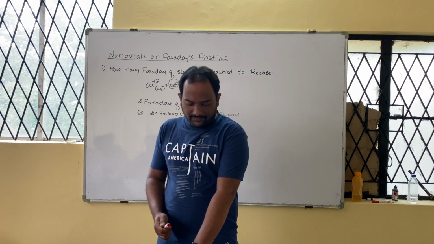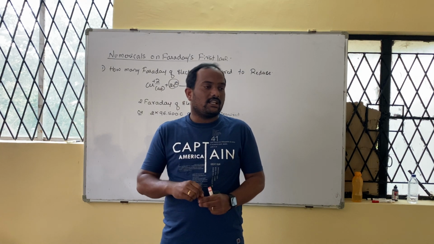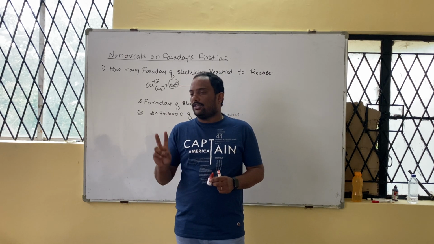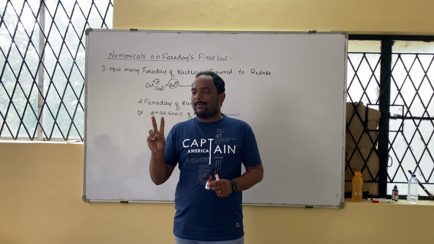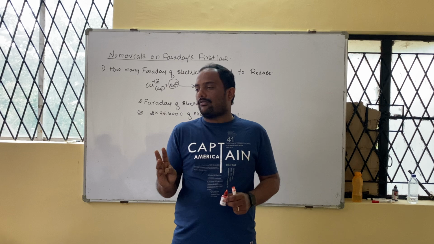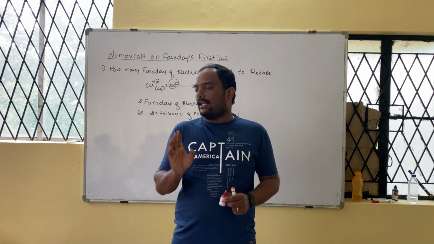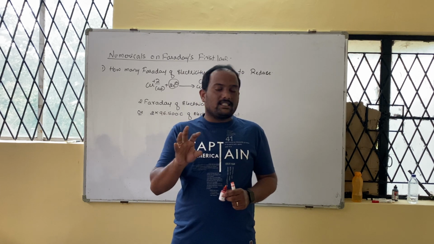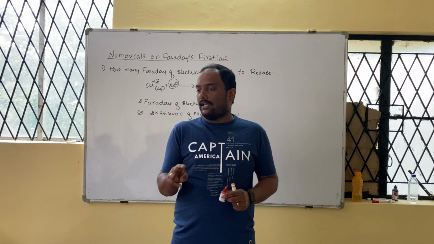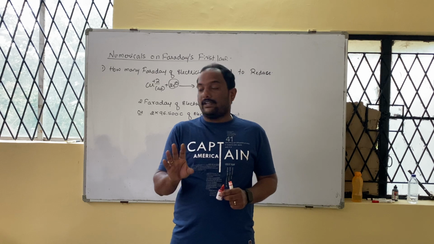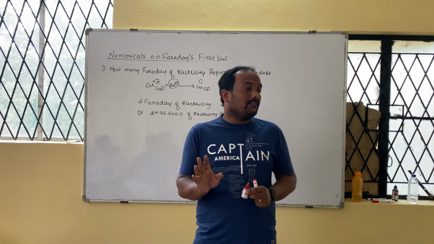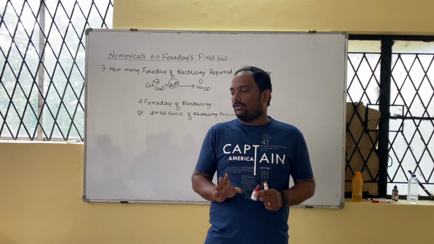So how do you identify Faraday? By the change in oxidation number. +2 has become 0, meaning a change by 2 units. If the change is by 2 units, 2 Faraday are required. If by 3 units, 3 Faraday. If by 1 unit, 1 Faraday. If this is confusing, see the electrons. If 2 moles of electrons are involved, then 2 Faraday; 3 moles, then 3 Faraday. If electrons are not involved, then you have to go for the oxidation number only. This was already told in yesterday's class.